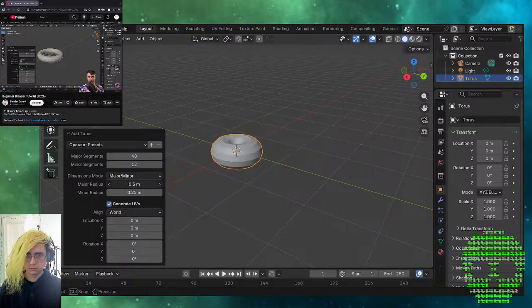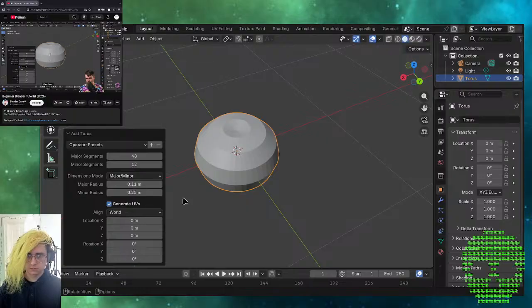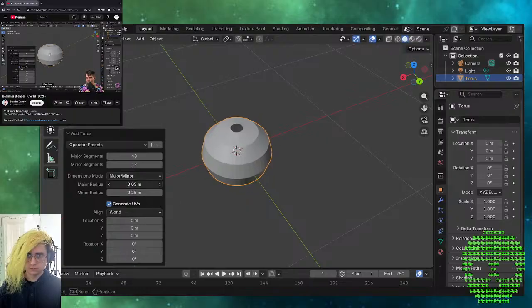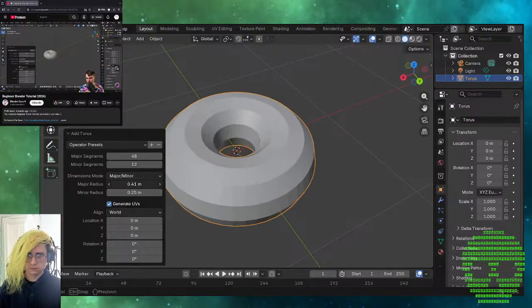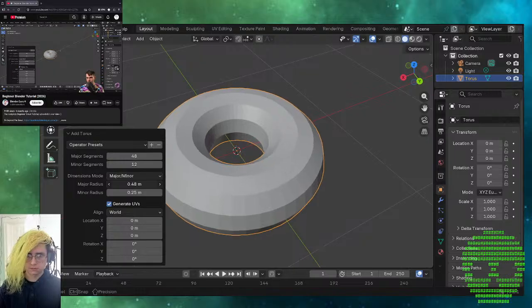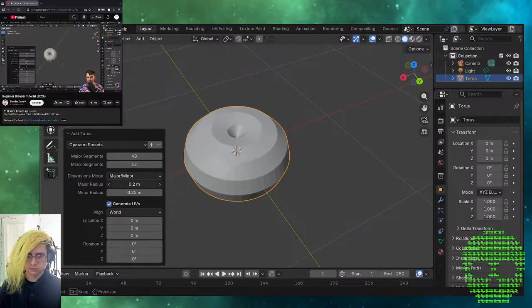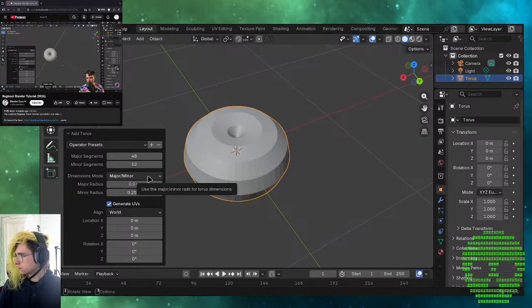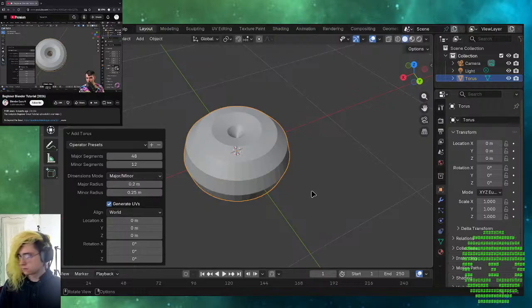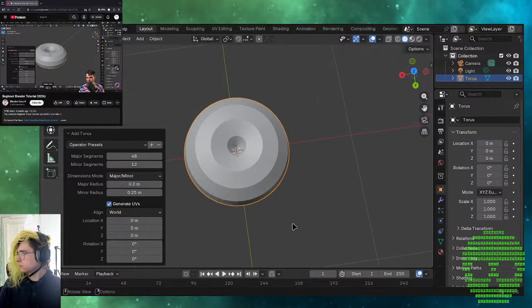It should be about 10% of that. So 0.1, which is 10 centimeters, roughly about that. And then if I zoom in by scrolling forward, I just need to change my minor radius until it looks somewhat like a donut. So I want to just orbit up, right, and around. So I'm just middle mouse moving so I can see the inside. Then I'll just scroll in like so until, yeah, and I'm just going to change this value until it looks